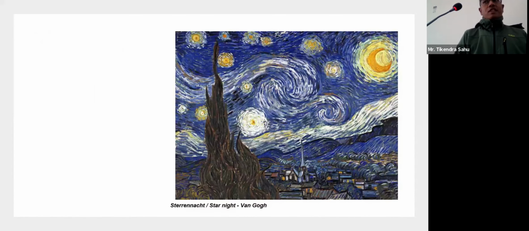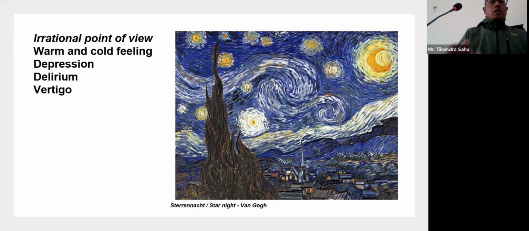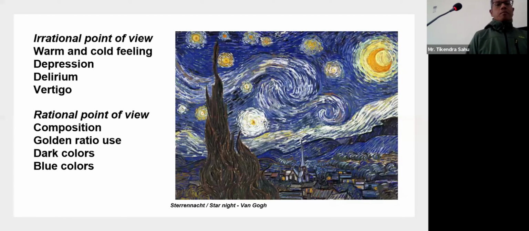So if we look at the Sterrennacht van Van Gogh, or The Starry Night from Van Gogh, a very famous painting. If we look at this from an irrational point of view, what do we see? We see warm and cold feeling, depression, delirium, vertigo. That's from the irrational point of view. If we observe from a rational point of view, we say, oh, it's good composition, golden ratio used, dark colors,